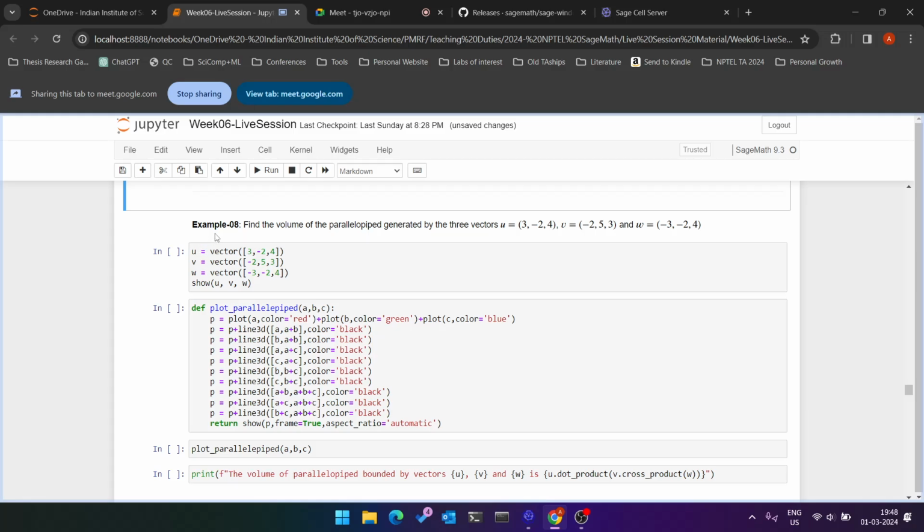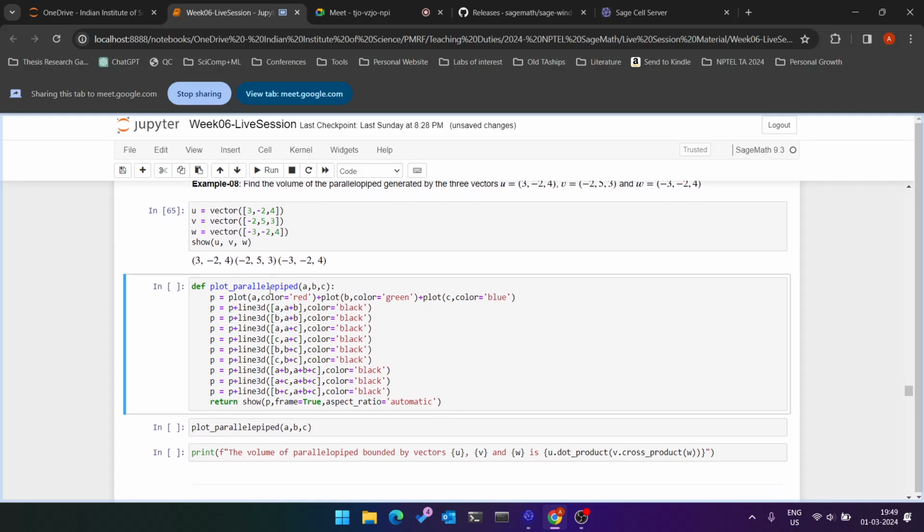The next example that we have is on finding the volume of a parallelepiped generated by three vectors u, v, and w, which are given as here. So 3, minus 2, 4; minus 2, 5, 3; and minus 3, minus 2, 4. These are my three vectors. If I do show,